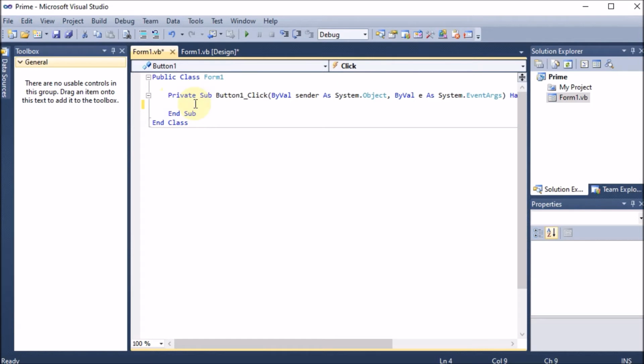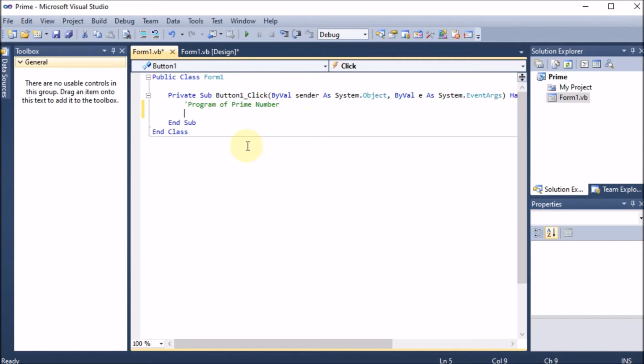Now we have to check the number is prime or not. First of all we are giving the comment here. So if we are giving a single quote here, then we are writing program of prime number. Now afterward you can see that it is into the green. That means compiler will not read this line. So this is the way we can provide the comment by a single quote here. So compiler will not read this, or this line will not be executed.